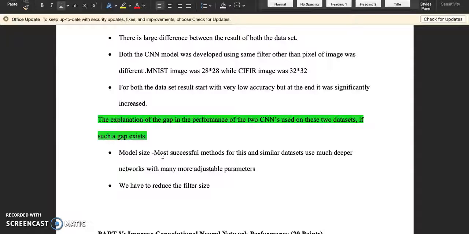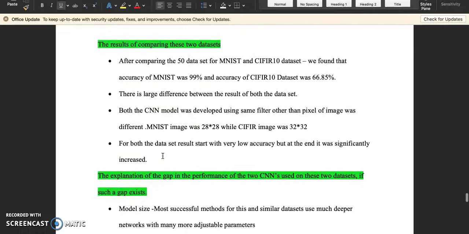We can also reduce the filter size or increase the layers. Many things we can do to improve the performance. For this I can walk through my step 5, in which I have done some steps to increase the performance of the CIFAR dataset.